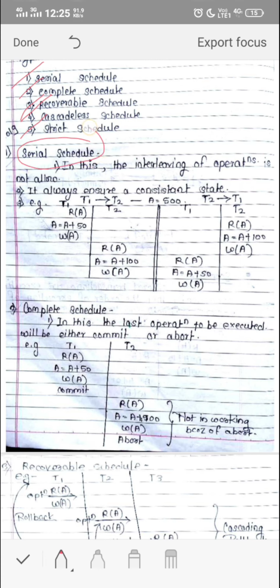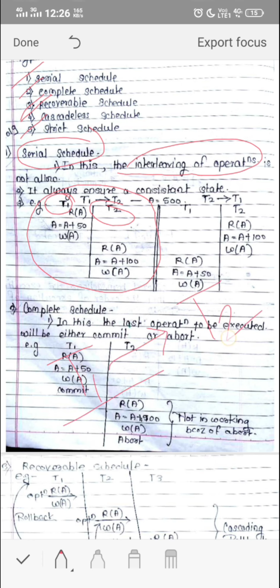What do you mean by serial schedule? In a serial schedule, the interleaving of operations is not allowed. Suppose I have two transactions, T1 and T2, and I am executing first transaction T1 and then transaction T2.